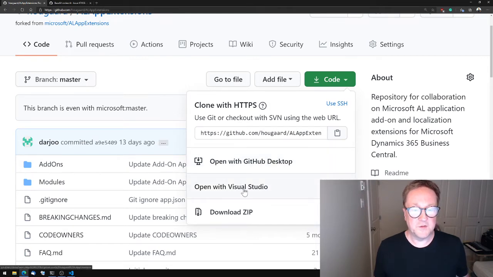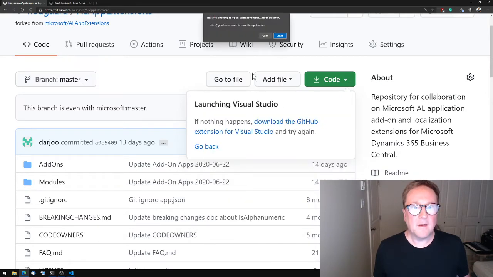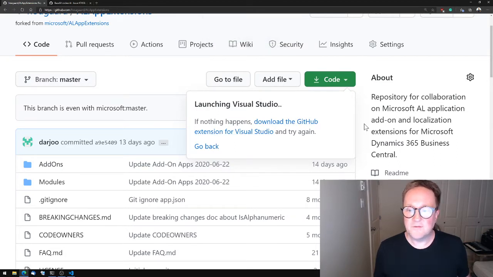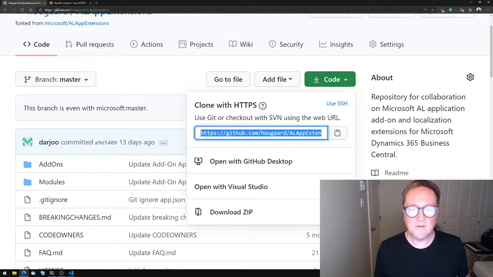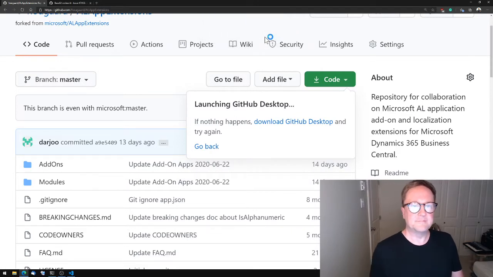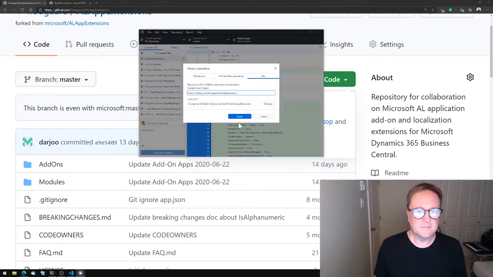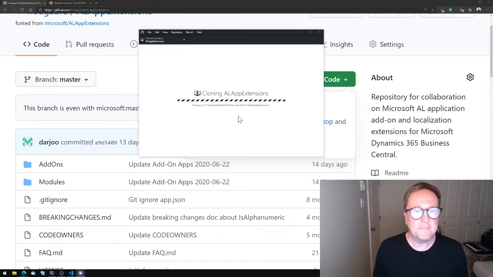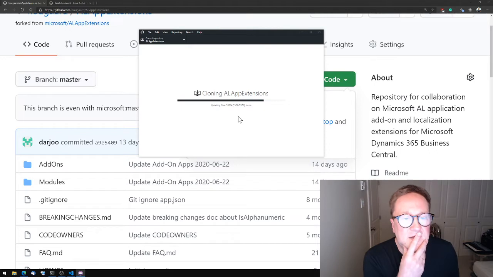open with Visual Studio. Or I could actually, I think I can hit that. No, I can't. And I think this is actually the wrong Visual Studio. So let's go back to this one and open with GitHub Desktop instead. And this is the one I want to copy, and I give it a local path, clone. So now we're getting everything into